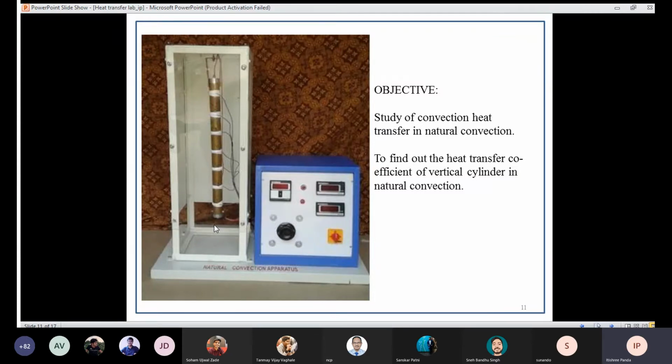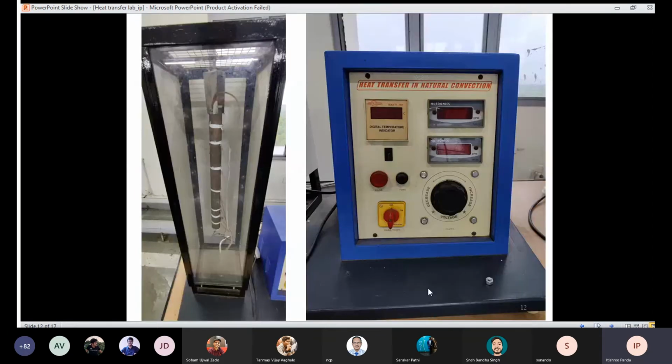So now this is the equipment. Let's see how the experiment really works, the physics and concept behind it. These are some different views of it. This is a top view, I think. These are the controls. This will show your voltmeter and ammeter readings. Here, by changing this, you can see the 8 thermocouple temperature values. And this is how you change the voltmeter and ammeter readings. This is your on-off button. So yeah, this is another view of it.